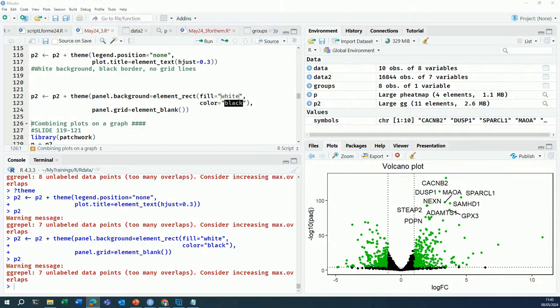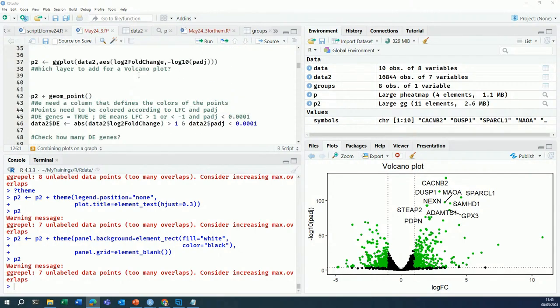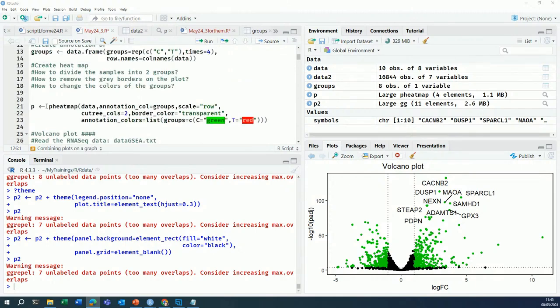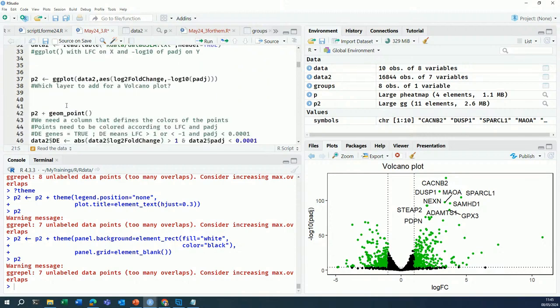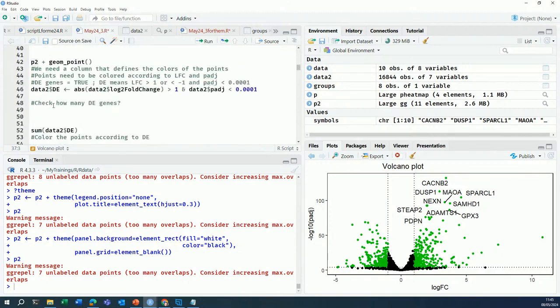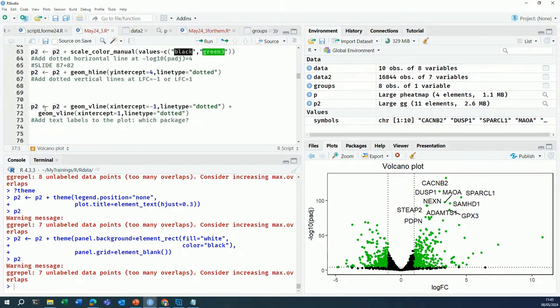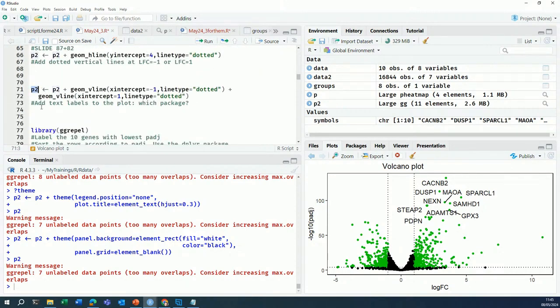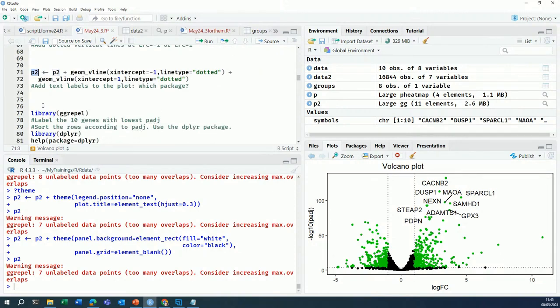Putting multiple plots on the same graph can be done, provided you have always saved your plots in a variable. So for the heat map, we saved the plot in a variable called P. And for the volcano plot, I also saved the plot in a variable called P2. And now we are going to put these two plots, the volcano plot and the heat map, on the